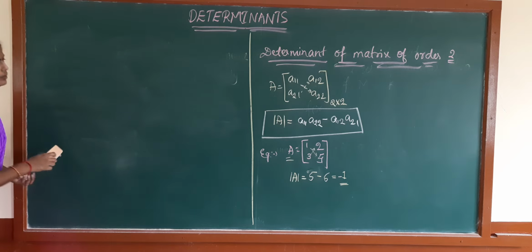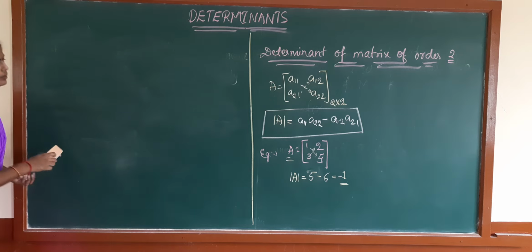To find the determinant of a 3 cross 3 matrix, first we write minus 1 raised to i plus j, taking the first row. The first row first element is A11, so i equal to 1, j equal to 1. So minus 1 raised to 1 plus 1. Then we write A11 as it is. After writing this, we leave the first row and first column. If you leave the first row first column, what remains is A22, A23, A32, A33. So we have to find that determinant. This completes the first row first element.